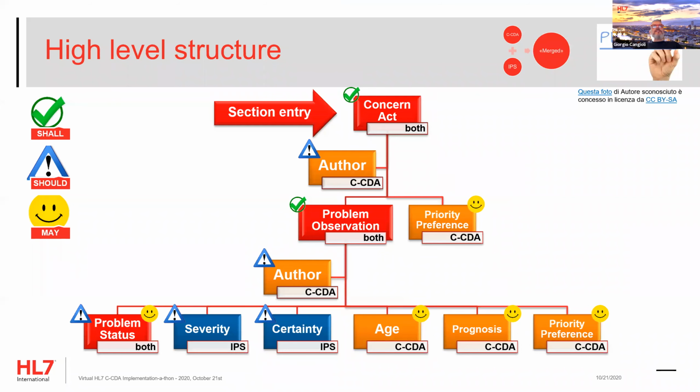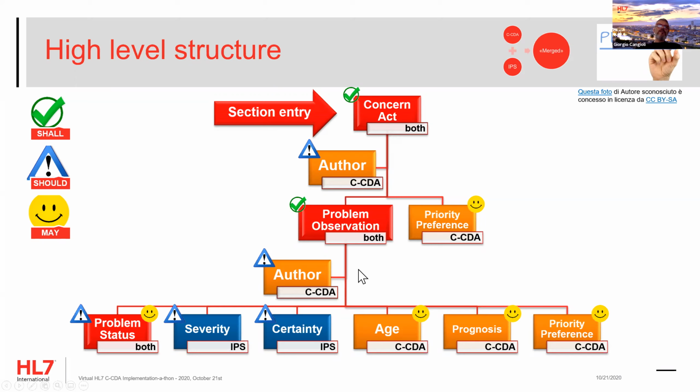So let's start from the problem. If we try to merge the two templates, the first thing that we can see is that both IPS and C-CDA use the same pattern with a concern act, problem observation, the same pattern that I use also for other templates, and problem status. The difference is that, for example, the C-CDA is supposed to recommend to you to have the author at the level of concern act, at the level of problem observation, while the IPS do not